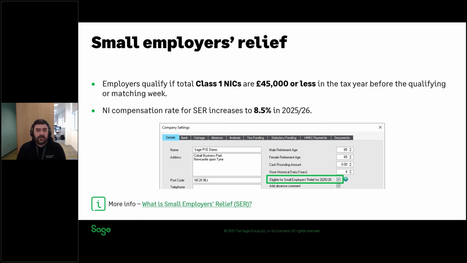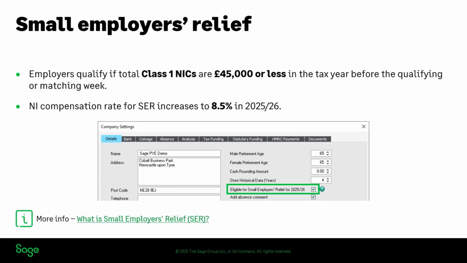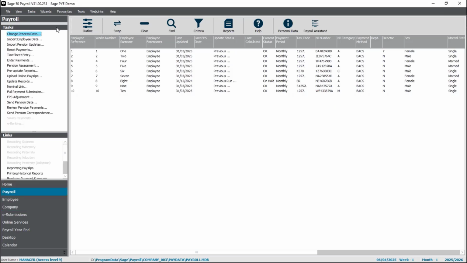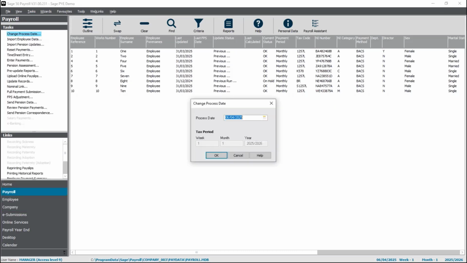So you can read more about what it is and whether you would qualify from the link on the screen, but let's just have a look at where you would set this up. So first of all, if you want an easy way of checking your total Class 1 national insurance contributions for a previous tax year, here's one way you could do it. From the payroll tasks, if you just change your process date back to the 5th of April, back into the previous year,